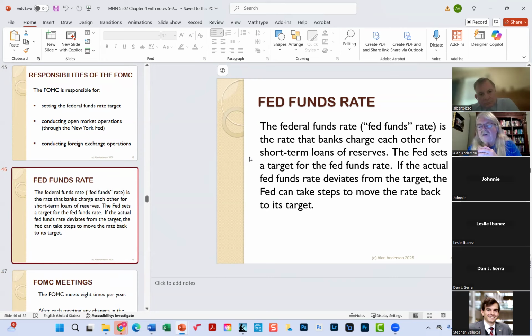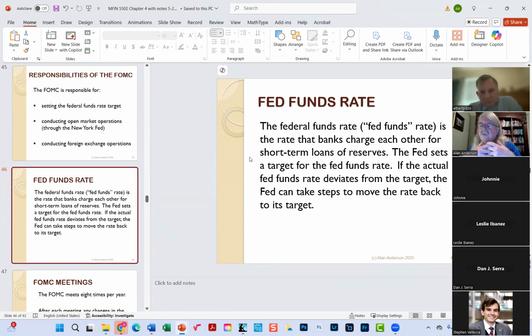Now, these are usually overnight loans. These are very short loans, so the rates are very low. But it's that borrowing and lending that actually determines the federal funds rate. The Fed actually sets a target for it. And if the rate deviates from that target, they can step in and change the quantity of reserves in the banking system. So when the Fed says we're raising rates, what they're really saying is we're raising the target for the federal funds rate,